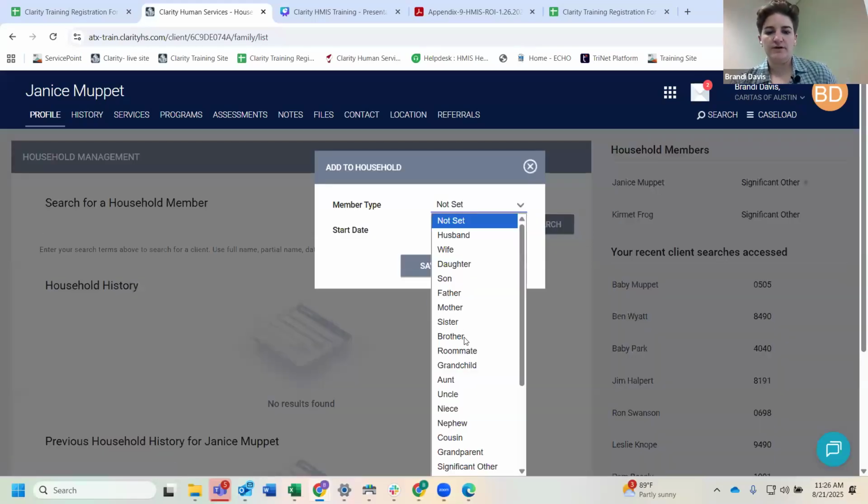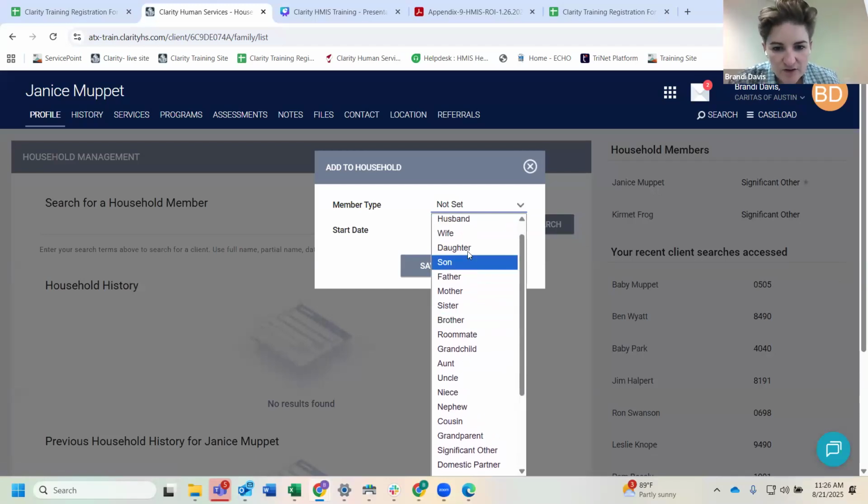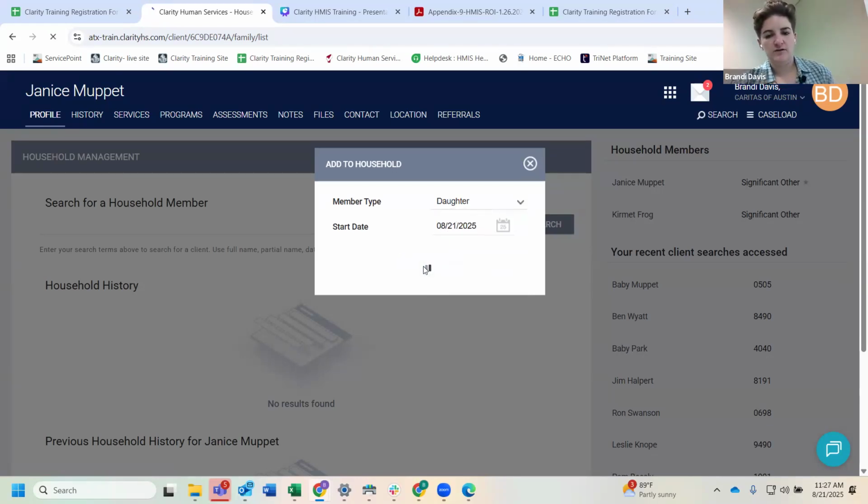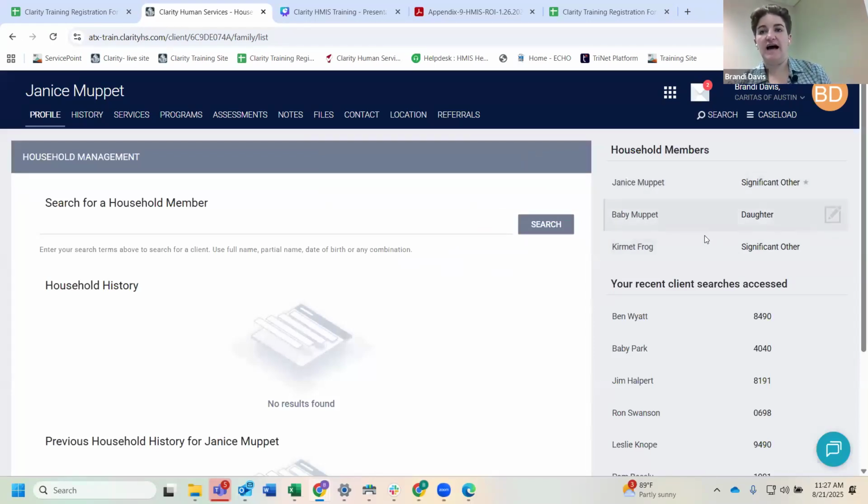We're going to enter the member type as, we'll say, daughter. And then we're going to click save. The day that they were added to the household should match their birth date. And then I'll click save. Now we have the child added to the household. So that's the first step. We got there. Next, we're now going to pull this new household member into our existing program enrollment.